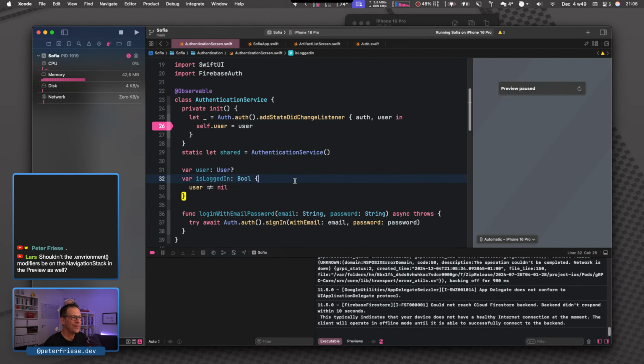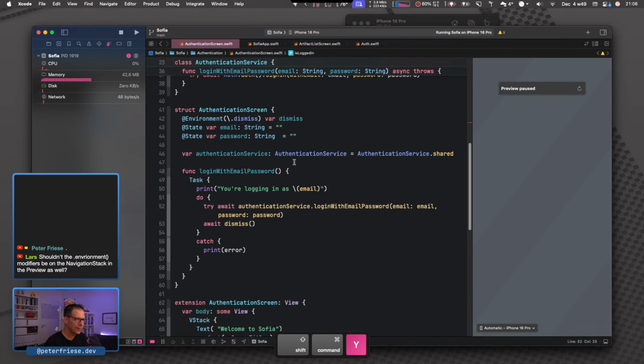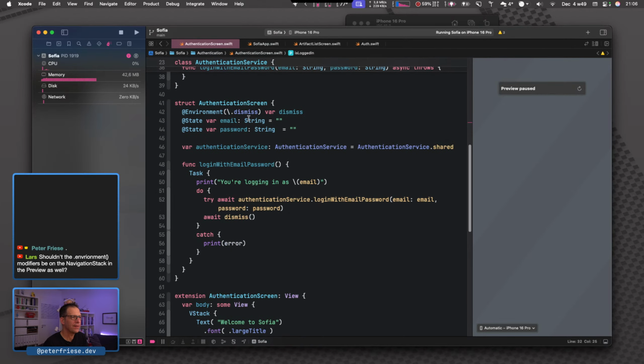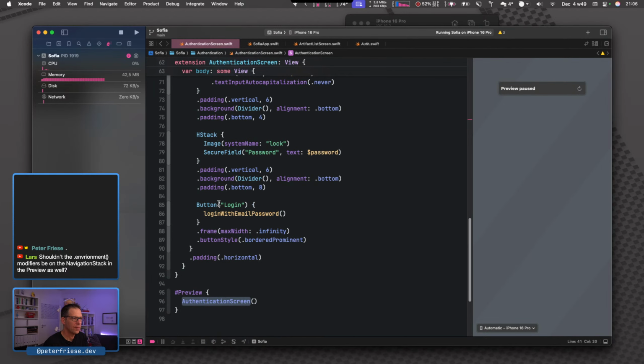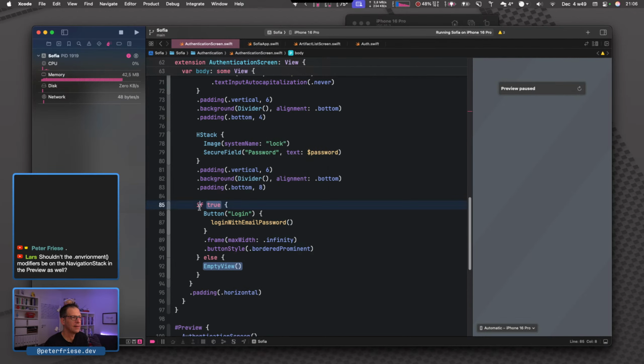Okay, so I need a logout button, and the cool thing is that in our authentication view, because we have access to the authentication screen, we should be able to swap out the button depending on our authentication state. When I say we swap out the button, I mean we could do a thing that doesn't really work well in SwiftUI.